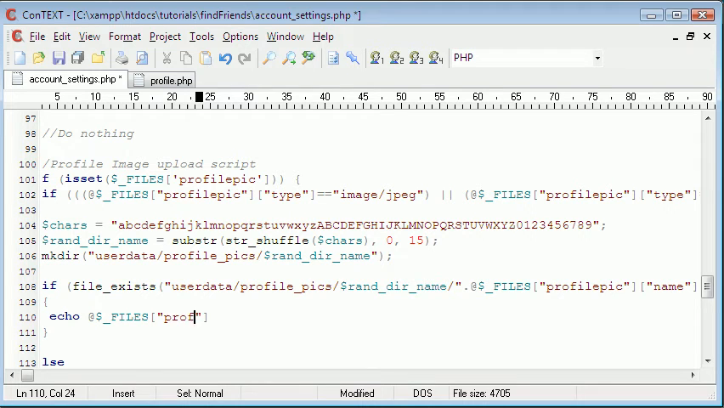Profile pic. Okay, so profile pic name dot. Was it that these two? We shouldn't get this error, but if we do, that's what we will be given. That's what it'll say. And just in case you don't know, the dot and then